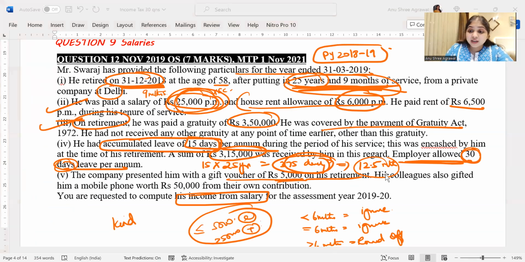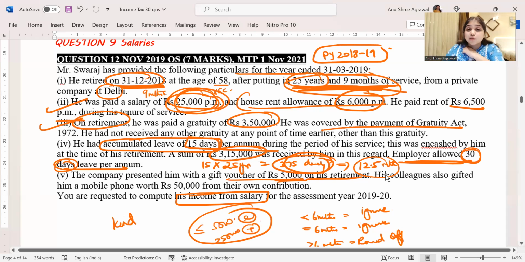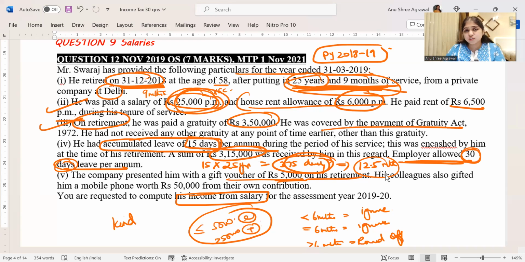Tell me, had it been gift in cash, do you have the 5,000 limit? No, there, irrespective of the amount, it's going to be fully taxable. Only gift in kind, you have the 5,000 limit. Up to 5,000 exempt, beyond 5,000, you have two options. Like if it is 7,000, either you can tax 7,000 fully, or you can tax just the excess 2,000. Obviously, both will result in different answers, but both the views are right. So if it is more than 5,000, either you tax it fully or you tax just the excess. Understanding, everybody? Here it is exactly 5,000, hence exempt.